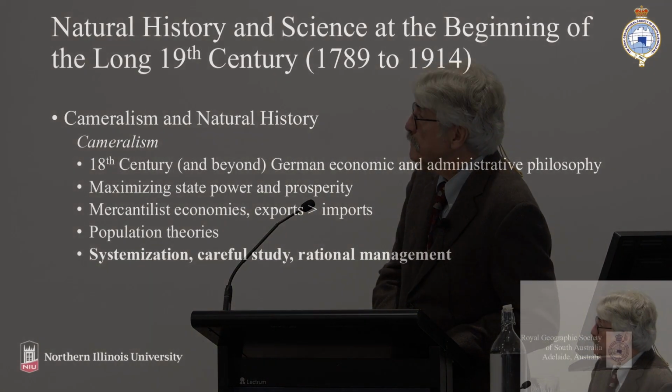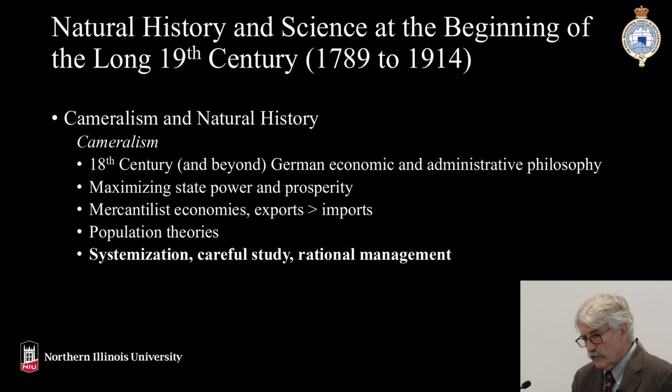So you're looking at a particular group of people in time and space, okay, and it can be visualized and studied as networks. So here's another word, cameralism. I'm going back in history a little bit to the way people thought and approached things at that time. It's a bit different than today. This goes back to the middle of the 18th century. It was basically a German economic and administrative philosophy. In other words, you count things, you categorize things, you study things for the benefit of society and economics, okay? So it could be all kinds of natural objects.